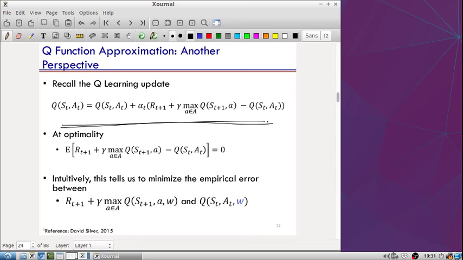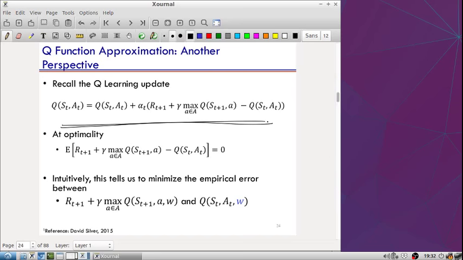I put an expectation because I've used capital letters here, and capital letters mean these are random variables. You took an action A_t at S_t, you would probably randomly land somewhere at next state S_{t+1}, and you may get a random reward R_{t+1}. Remember? So that's why I put an expectation. At optimality, essentially, this error term, which is called the temporal difference error, is equal to 0. So this gives us an idea of how to